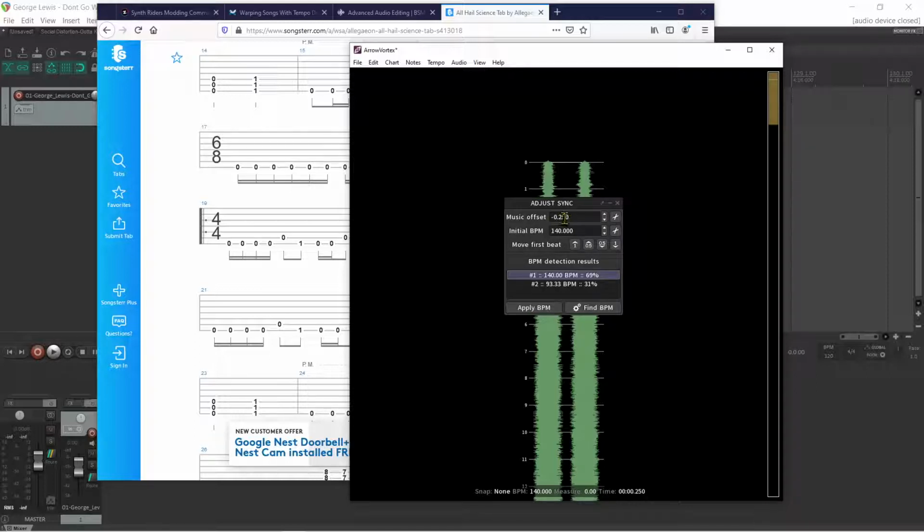So what we're going to do is change this offset. ArrowVortex has this very handy feature here, move first beat 1. So I'm going to click this. I'm going to keep clicking it until that goes over 2 seconds. So now we see this 2.324 offset, and that's our offset. So when you set the BPM, we go in there, plug in 140 BPM, 2.324 offset, and we will be